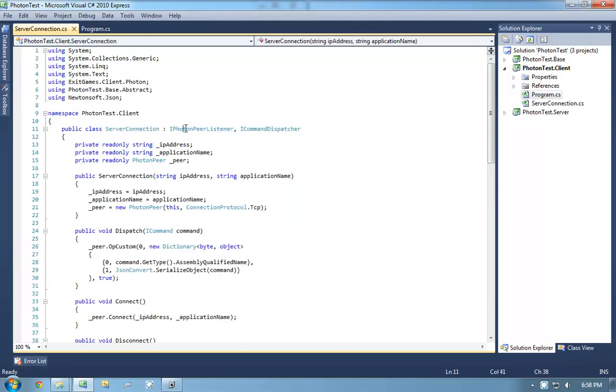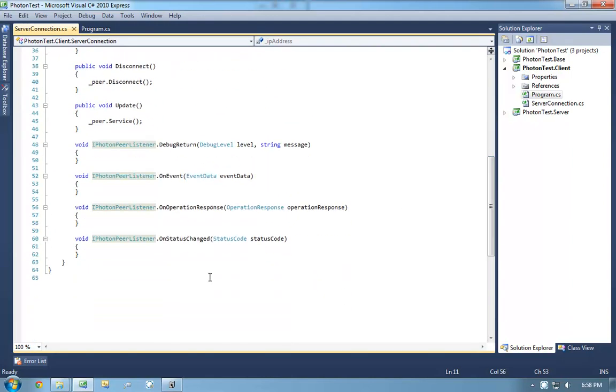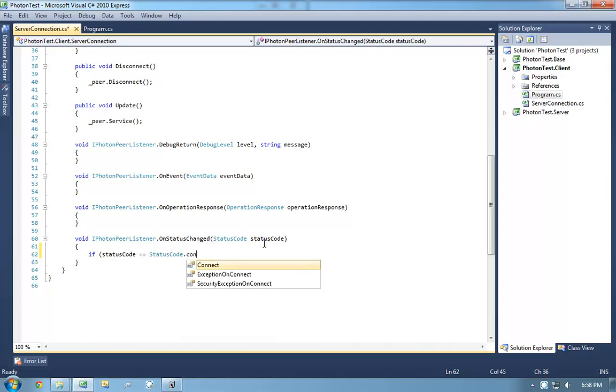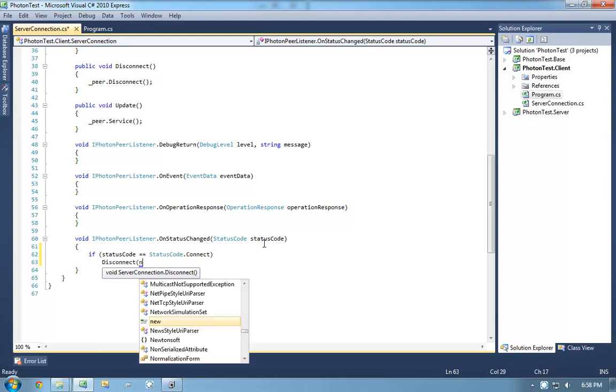You'll notice that the IPhotonPeerListener interface includes a method called OnStatusChanged. This method will be invoked when we properly connect to the server. So as just a way to test this code to get something working, I'm going to say if status code equals StatusCode.Connect, then dispatch a